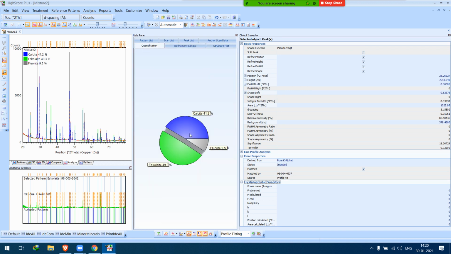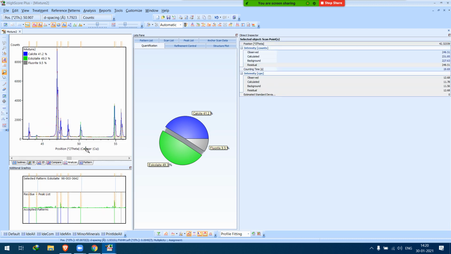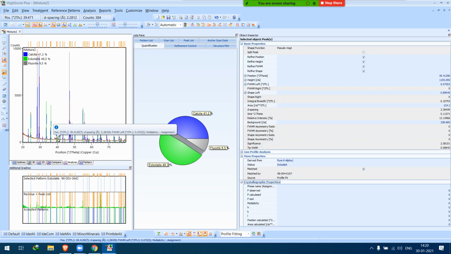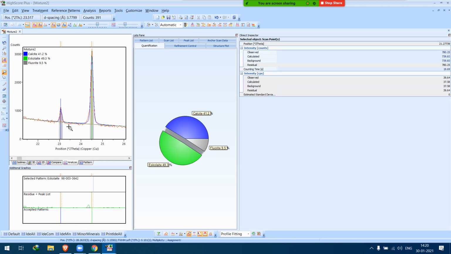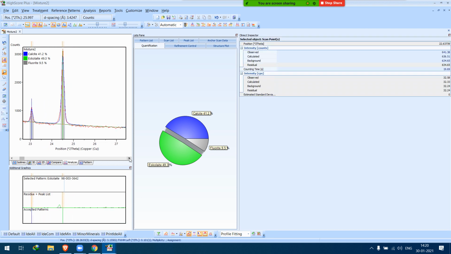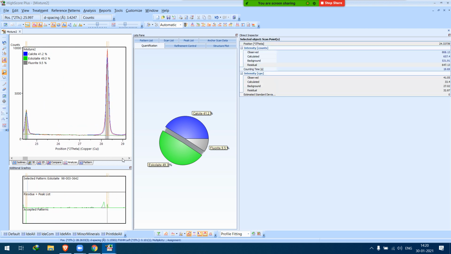Okay, so this completes the quantification from the Rietveld refinement. The other thing you can do is check whether your profile is well fitted or not. It may happen that you have a very low Rwp and the fitting is very poor. So after fitting, you have to check again whether you have well-fitted data, and any weird fitting should not be there.